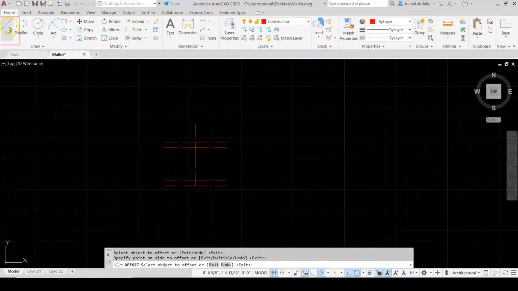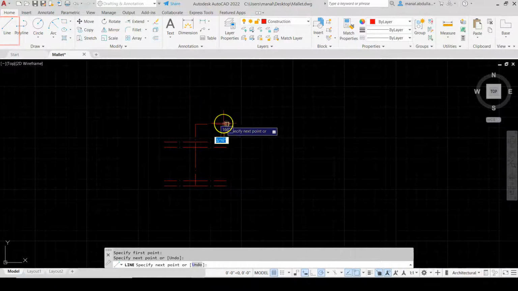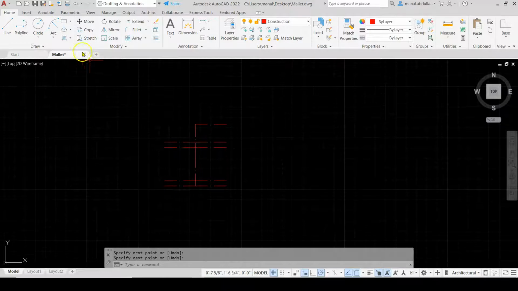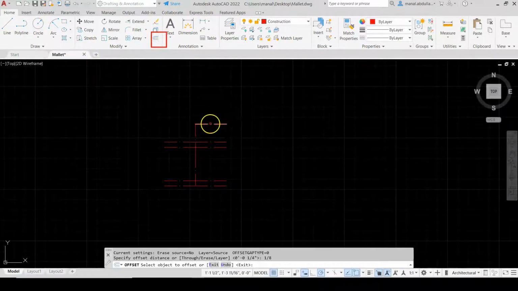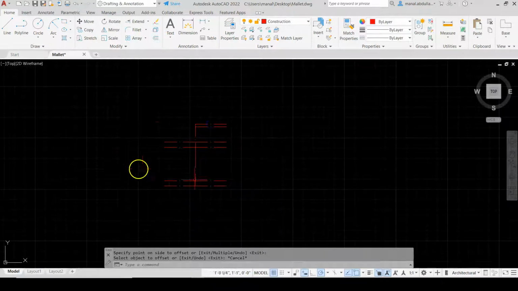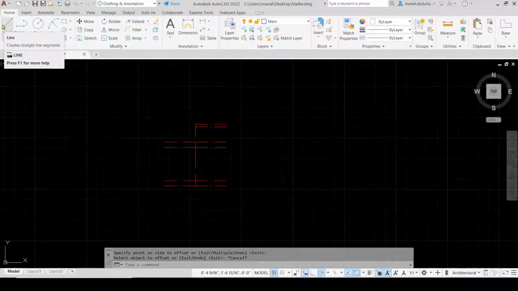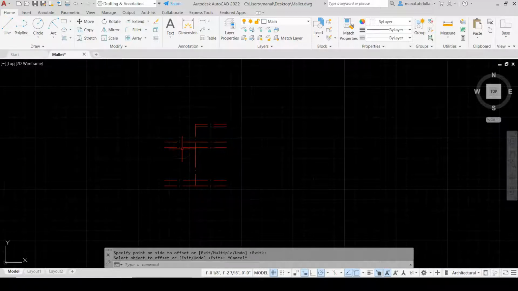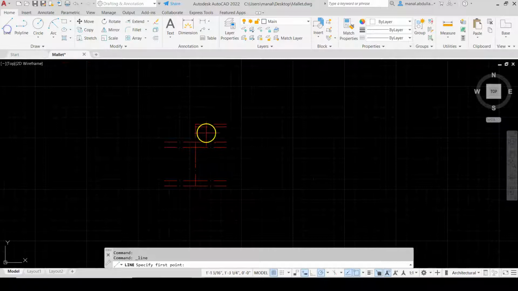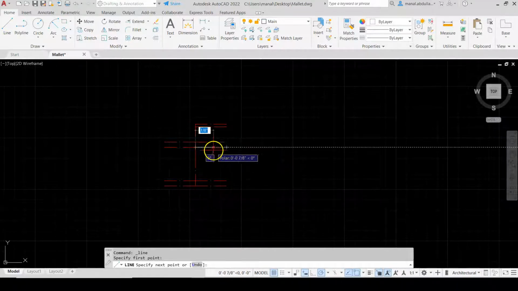And let's draw here a line and offset it 1/8, and that will help me to complete the drawing. Okay, so I got some lines here to help me with the drawing. I need to move to the second layer, the main layer, and start drawing the lines. Here we have line, and here I need to draw a line, but here the line itself is